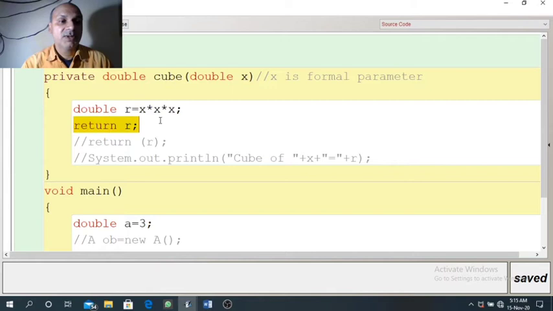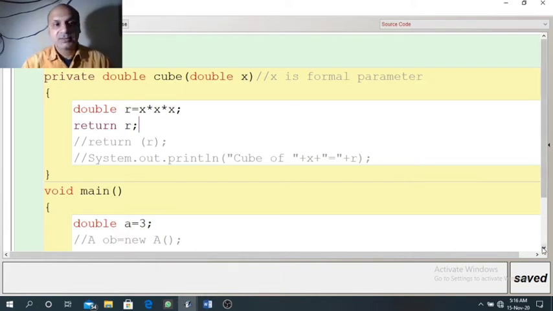Instead of a print statement, we use a return statement. So the result of this function is returned to other methods where it is called. That is the objective of using a return type function. So the use of this function cube is to accept a double value, find its cube and return the cube.